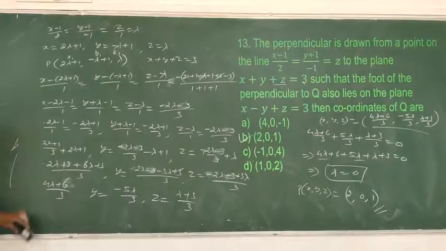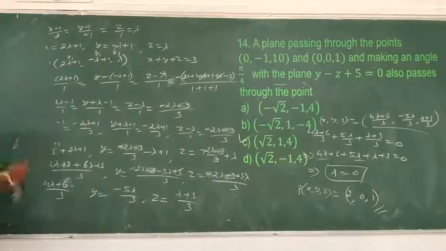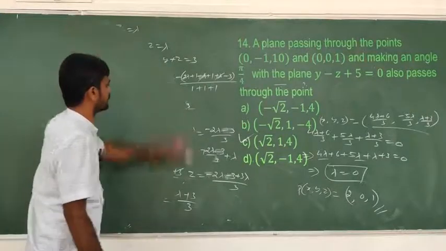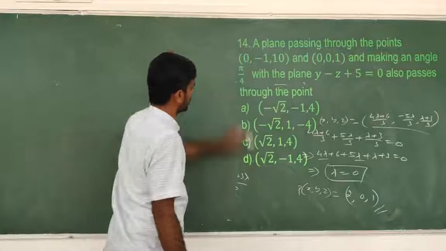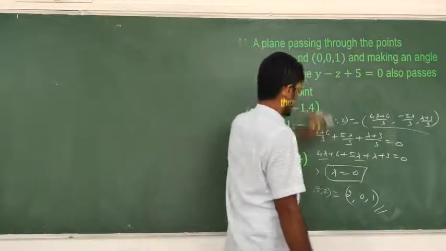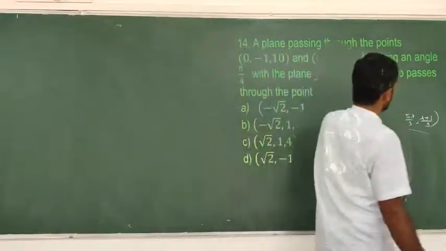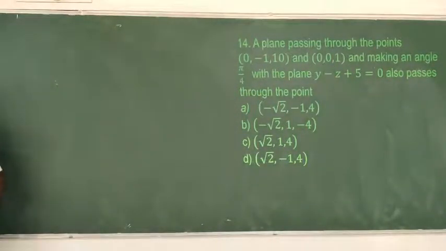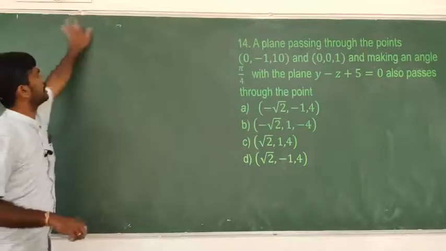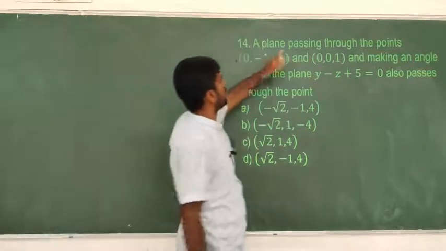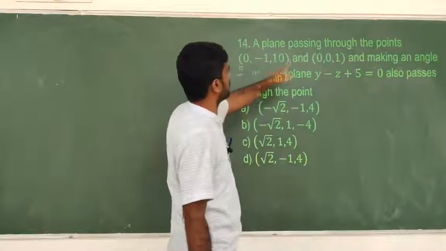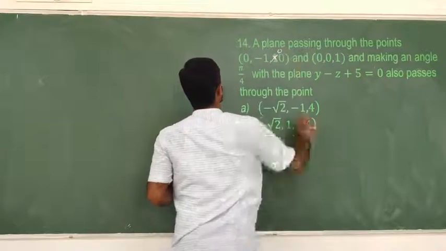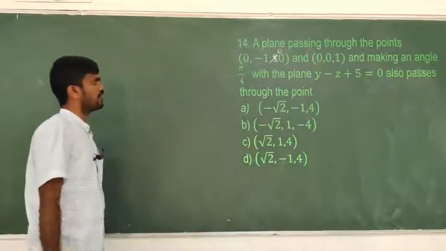Okay, next problem, last problem. The last problem is important. The 13th one is a formula for the foot of the perpendicular: x minus x1 by a, y minus y1 by b is equal to z minus z1 by c is equal to minus of ax1 plus by1 plus cz1 plus d divided by a square plus b square plus c square. So now the problem is a plane passing through the points 0, minus 1, 0 and 0, 0, 1